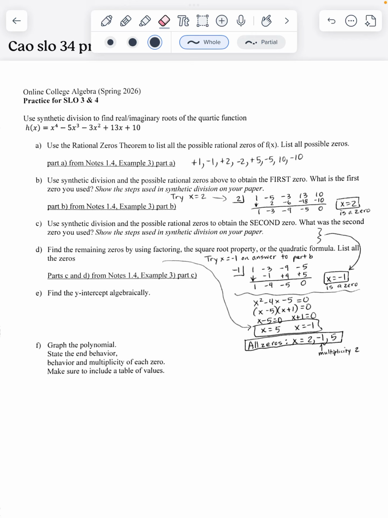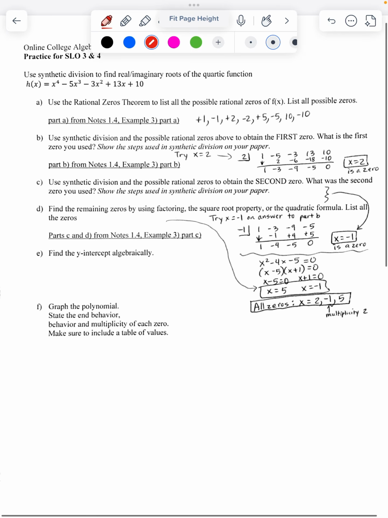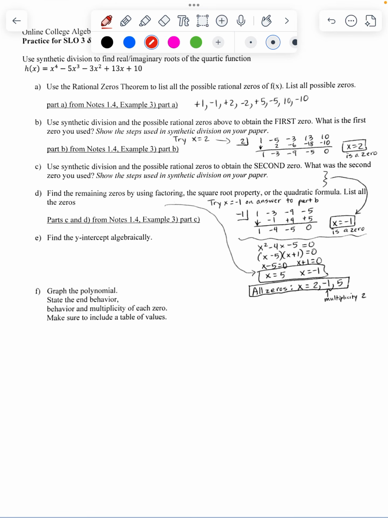This is the video for the practice for SLO 3 and 4. I am using the example 3 from the notes 1.4 to get a head start on this, because a lot of what had to be done in that example is exactly what you're going to have to do on your